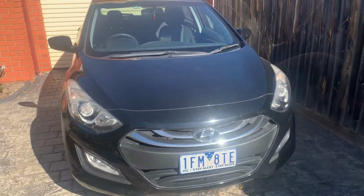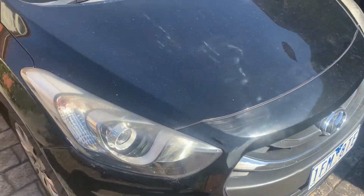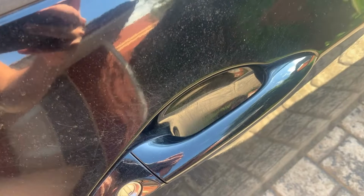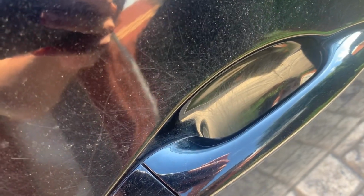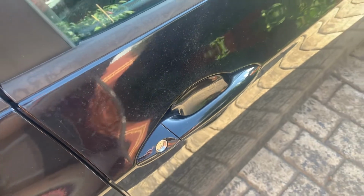Today we are doing an extreme paint correction on this vehicle. It is a Hyundai i30 that has certainly not been looked after. As you can see by these shots, have a look at the swirl marks on that. That's disgusting. So obviously the car's dirty itself, but if you look closer, those swirl marks are just everywhere on this car. Look at the nail marks, obviously on the door handles